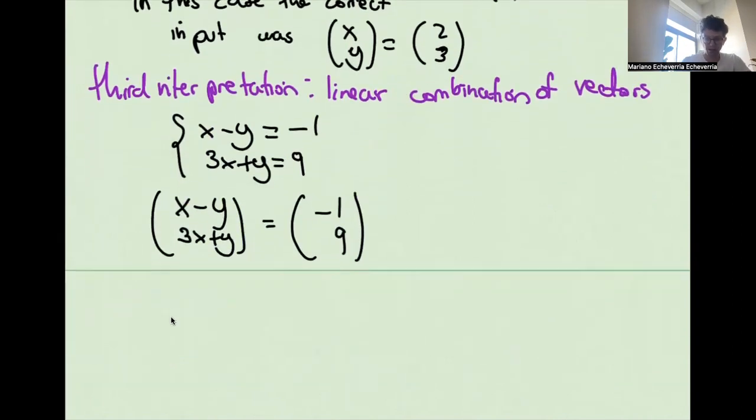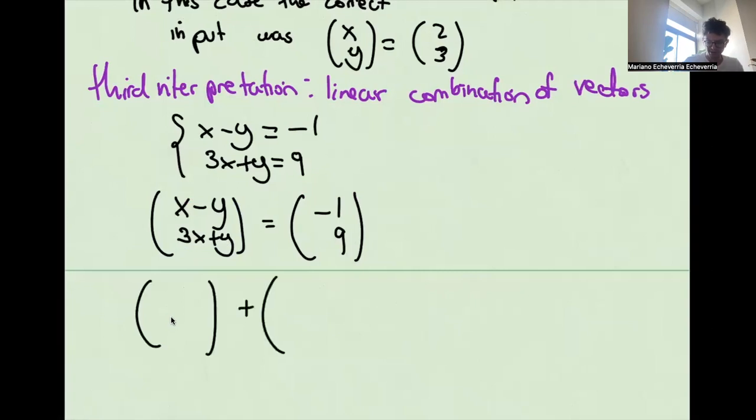I'll break this vector into a sum of two vectors, and how I will determine this is by putting the stuff with the same variable in one vector: putting the stuff that has x in one vector, and putting the stuff that has y in another vector. So what has x in this expression is x and 3x,